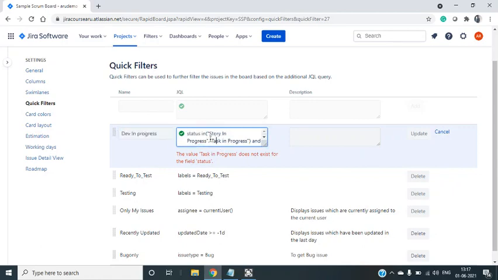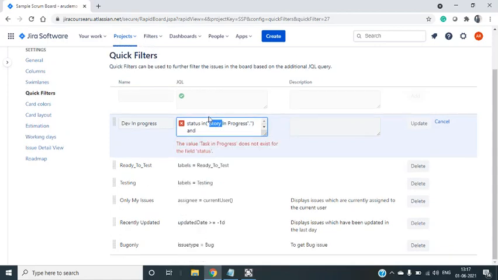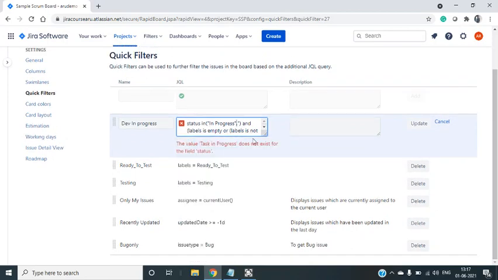So the task in progress is not this, so we will remove that. In these additional conditions, we need not worry about this for this one. This is not story in progress. This is in progress.